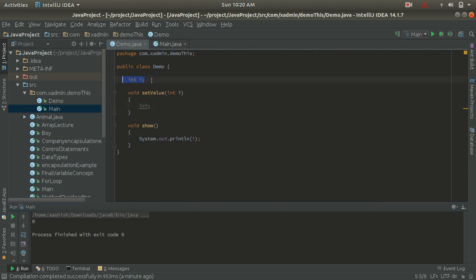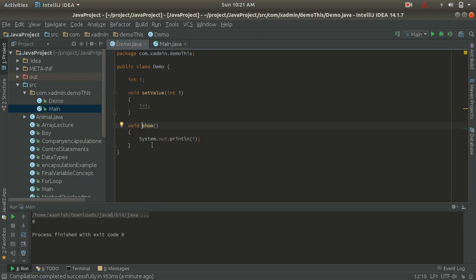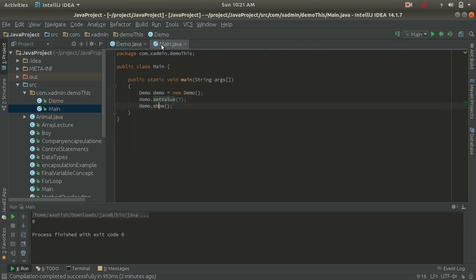So as we know, the integer has a default value of 0, so it is printing the SOP as I, and the instance variable value is 0 as a default value, because it is not going to be set to the instance variable if the name of the instance variable and the local variable is the same, right?